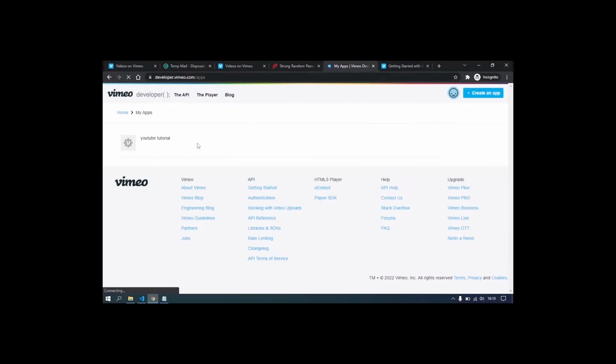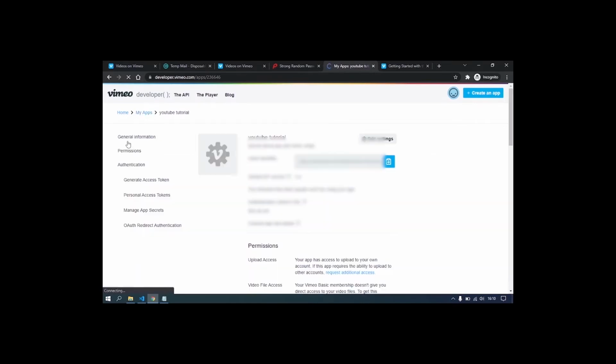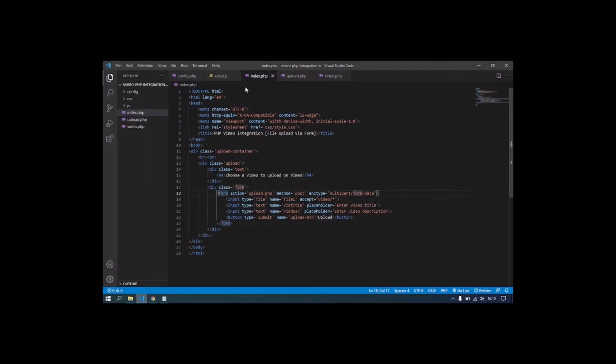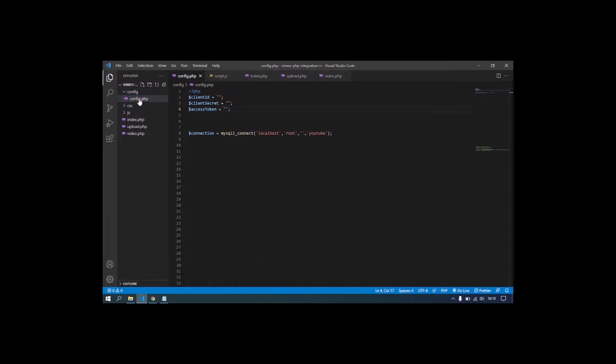Again, visit developer.vimeo.com/apps where you can find all your created applications. I just created this application, so I'm going to click this application. From here we need to copy the client ID. Just copy that, go to your application. We have created one config file, inside it we have config.php, so we have this client ID. Just paste that,